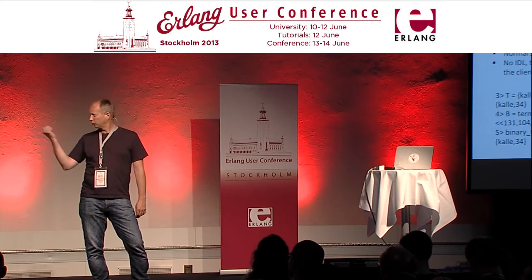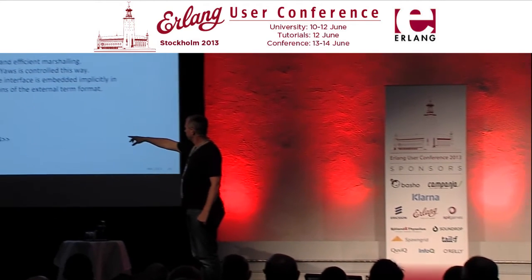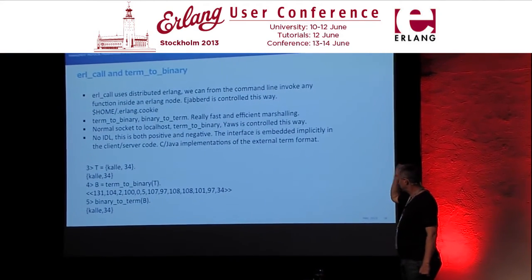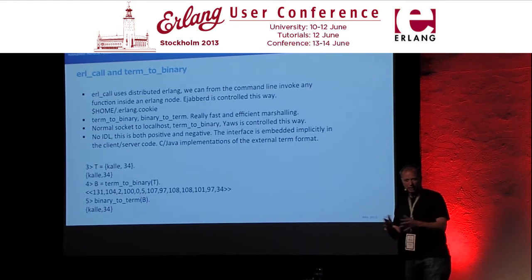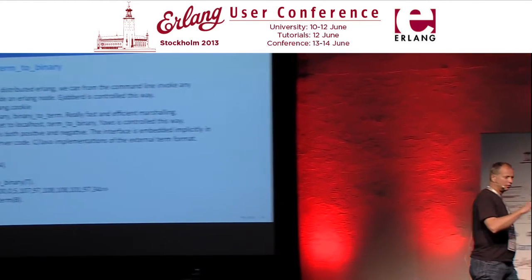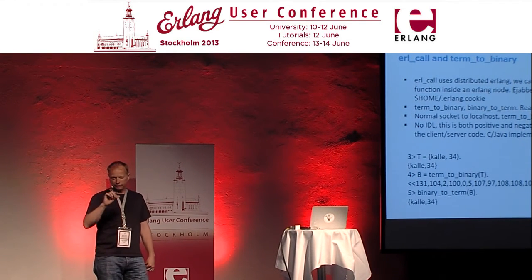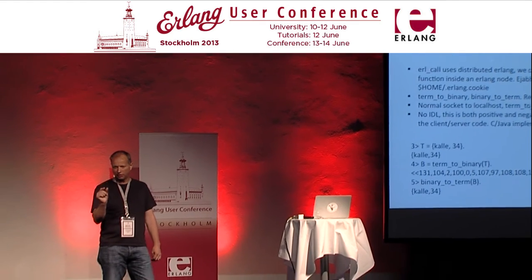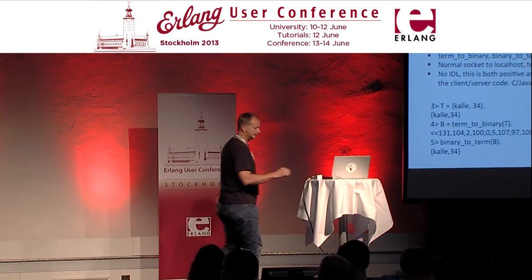So atoms in the term to binary format, we see Kalle here. So Kalle goes verbatim. 100 means atom, and 05 is the length of the atom, and then the counts 107 spell out the actual atom. So atoms go verbatim on the wire, whereas in distributed Erlang we're using a little clever trick whereby atoms go into a little atom cache table, and the first time the whole atom goes, and the second time just an index into that 256 byte cache goes over the wire.